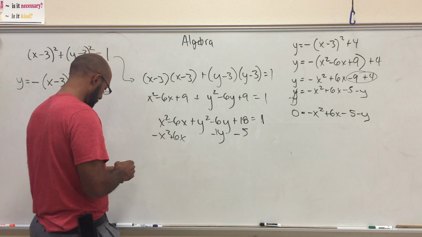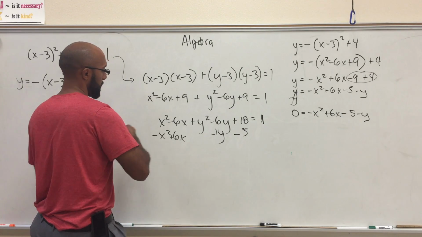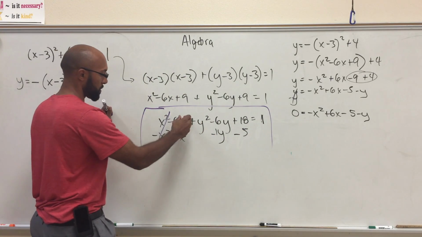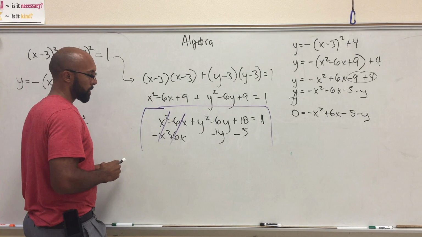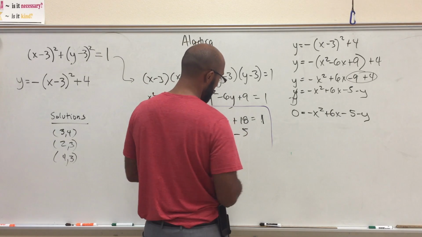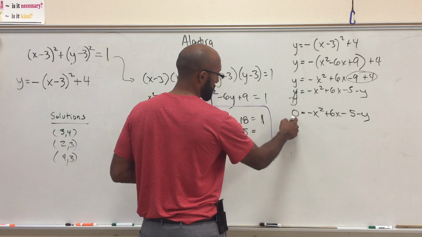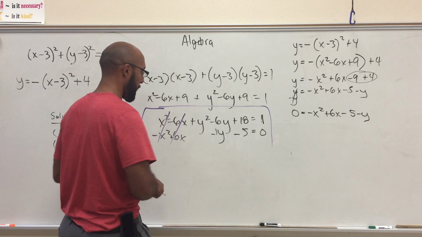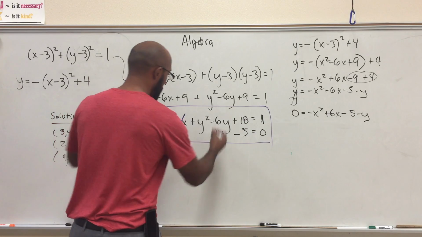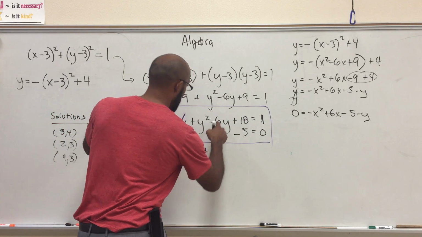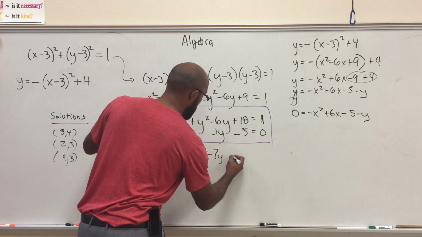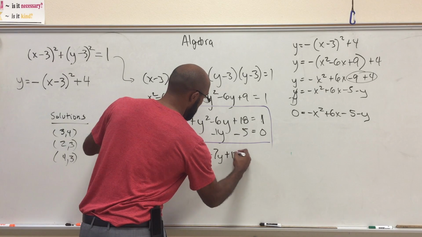Okay, so the nice thing is with elimination, again, is that we're trying to eliminate one of the variables. And guess what? The x squared eliminates. Also, the x eliminates. Okay, so now, as you notice, all we have is y on this side now. Now, you're wondering, well, what about the equal sign here? Well, again, we equaled it to 0 here, so 0 goes there. Okay? So let's put that under that. Now let's just add up our equations. Now we'll have y squared, negative 6, negative 1, minus 7y, 18 minus 5, that's going to be positive 13,